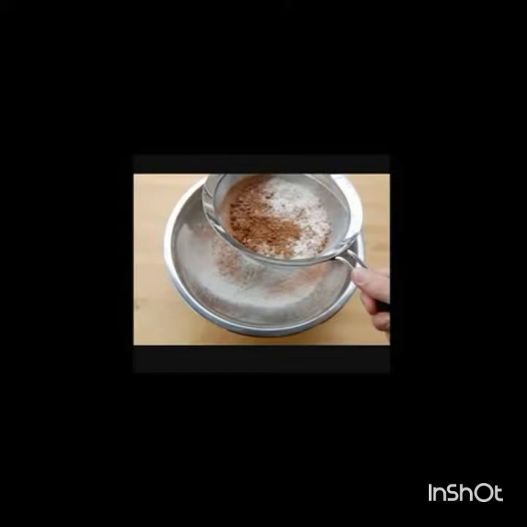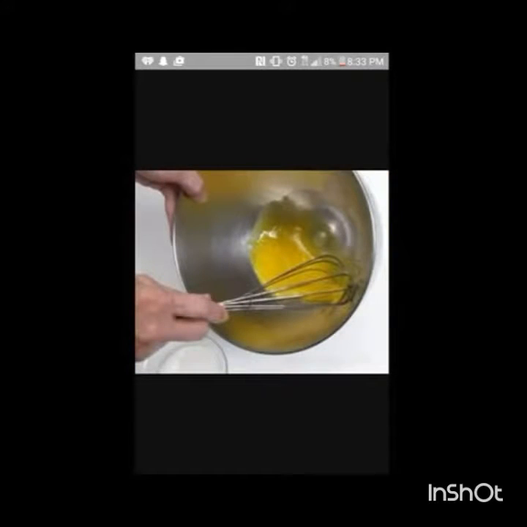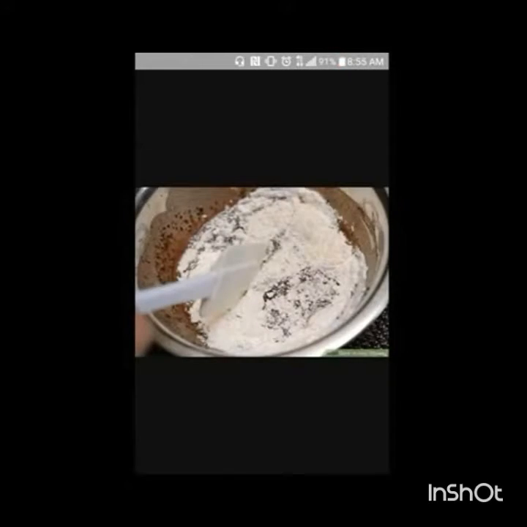Then you want to sift your dry ingredients together. Then you want to beat your egg yolks until they are at a ribbon stage. And then you want to beat your egg whites and your sugar until it's stiff and glossy and it forms peaks. After, you want to fold in your egg whites,